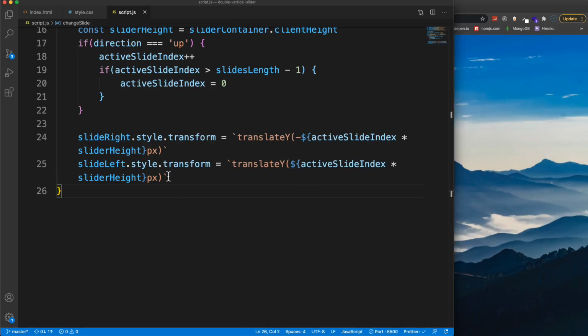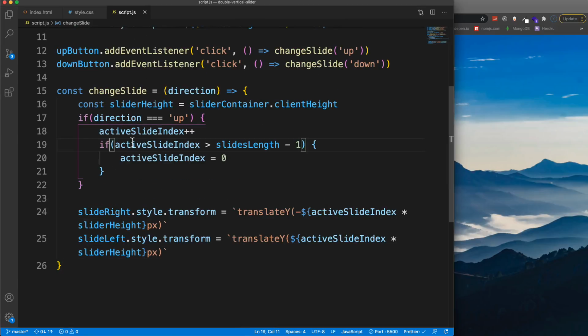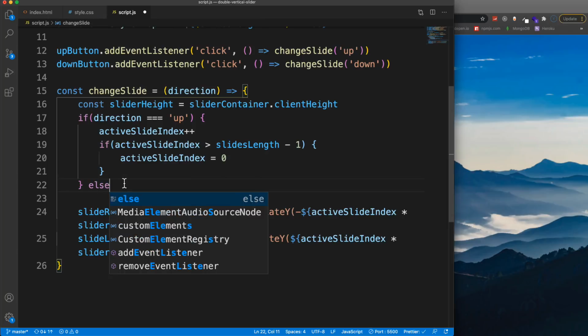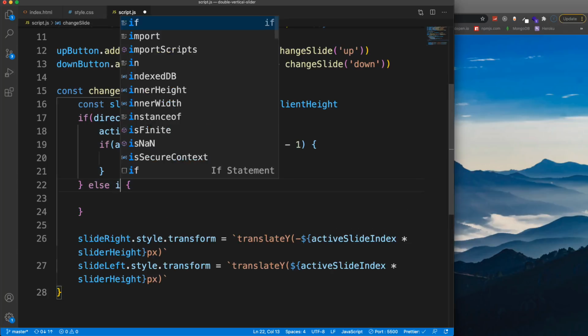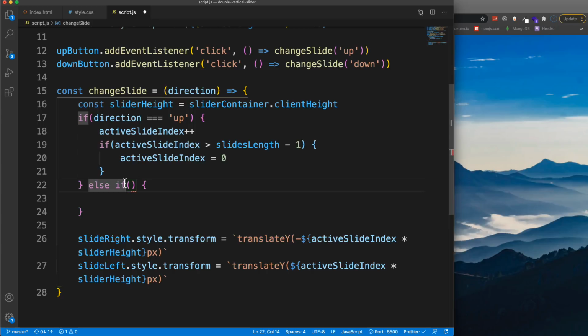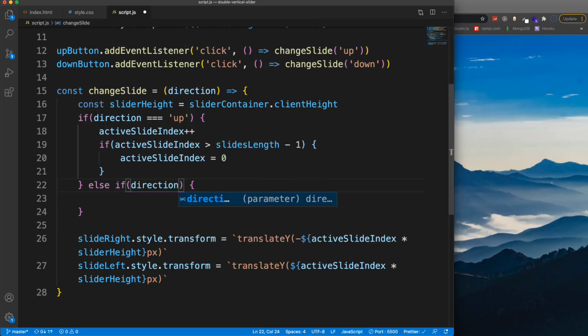All right, so it just goes the opposite way. Now the down button doesn't do anything, so up here where we have this if direction is up, let's write an else here. Actually, let's do an else if. So else if the direction is equal to down,